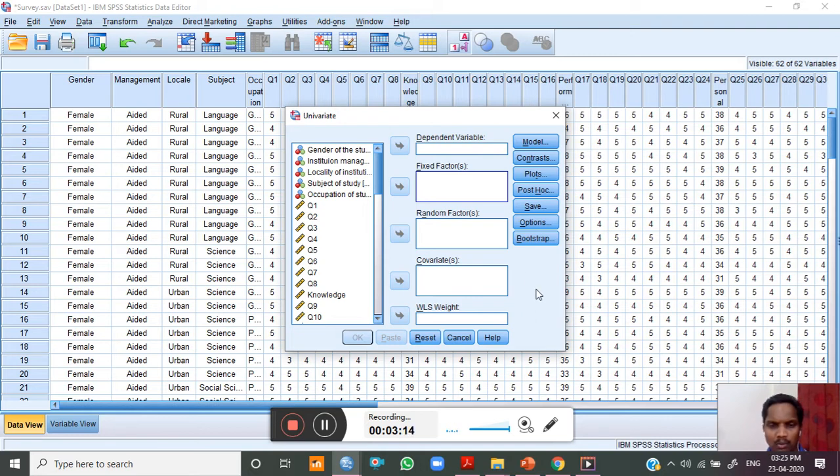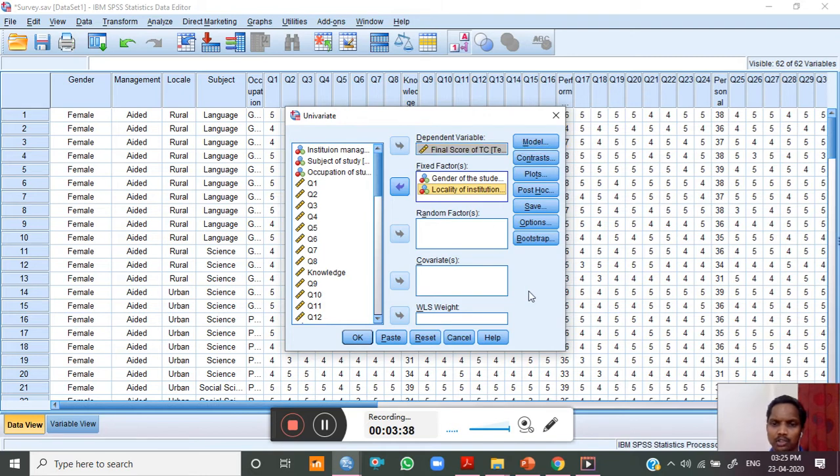Our dependent variable will be the final teaching competency score. Then we need the independent variables. Gender is one independent variable which I will take to fixed factor. Then the locality of institution also will be taken to the fixed factor.